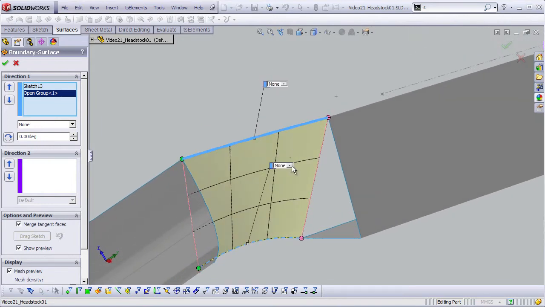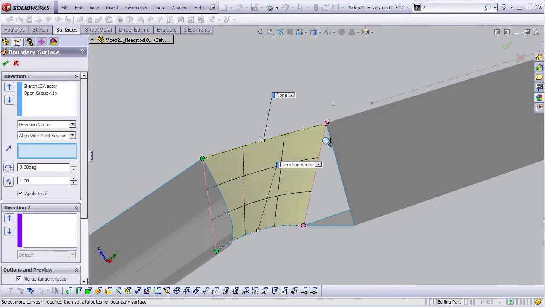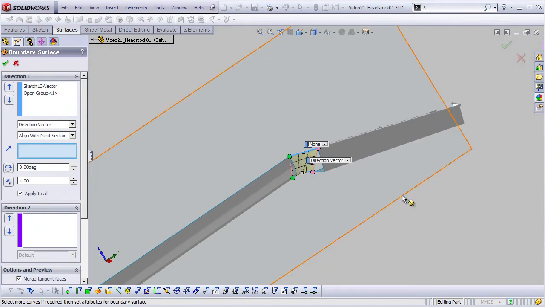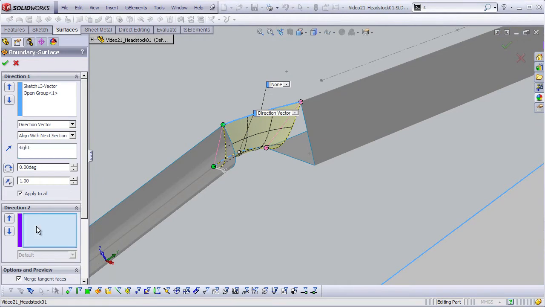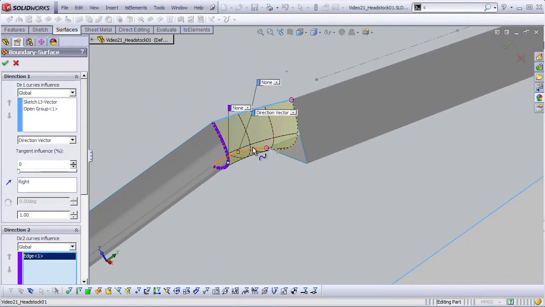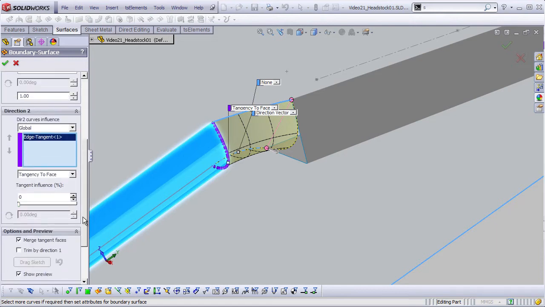Now we want to come straight out from the right plane, so let's choose Direction Vector for that first profile. And then make sure we're coming straight out from the right plane. And then under Direction 2, we're going to want to choose this edge, so we're matching up with that edge perfectly. And finally, let's make sure that we have Tangency to Face selected for that edge. Now down here in our properties, under Direction 2, Edge, we can see that it's tangent to that face. We can change our tangent influence. I'm going to crank that up to 100% so we are as smooth as we can possibly get coming out